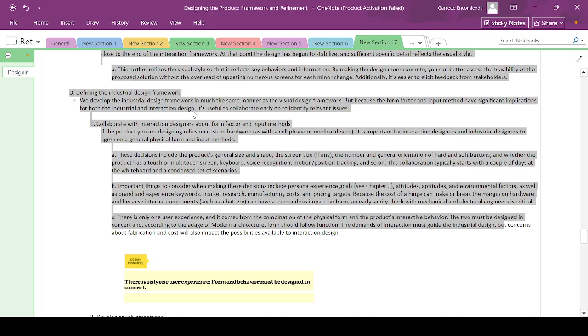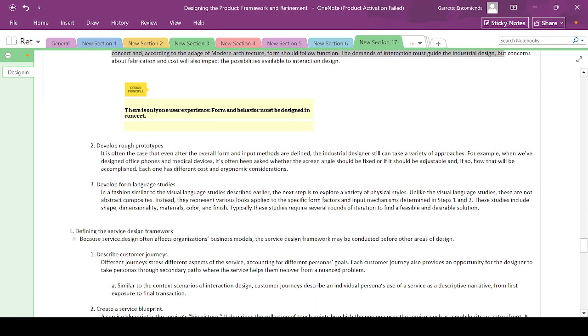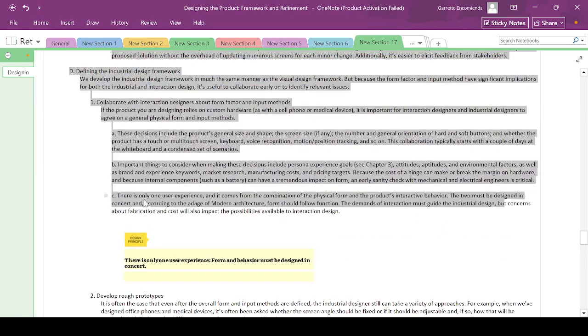So now we're going to get into more concrete. We'll just finish this, then skip this and go to the visual design. The reason I want to include this in a visual design is that part of designing a product is that you want to be concrete with the physical appearance. Now,